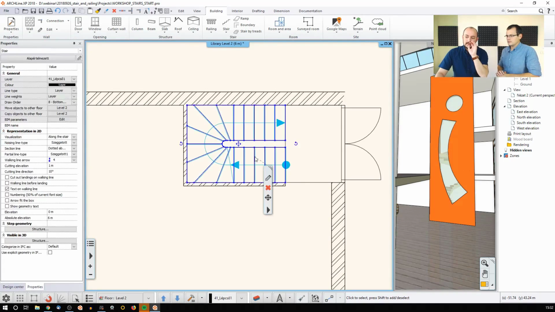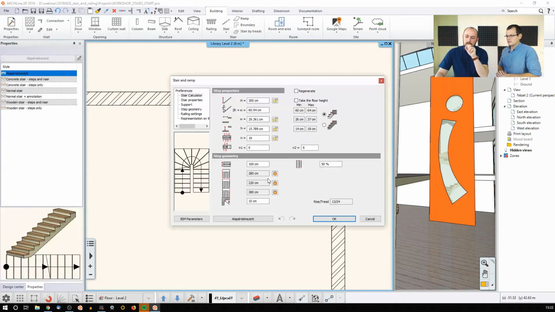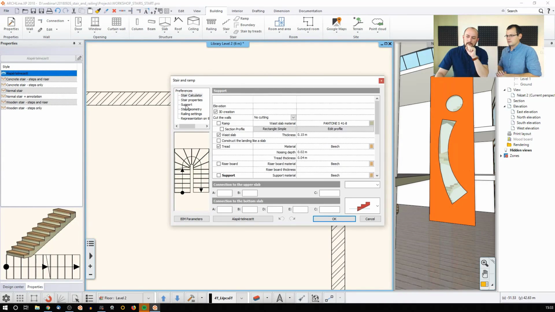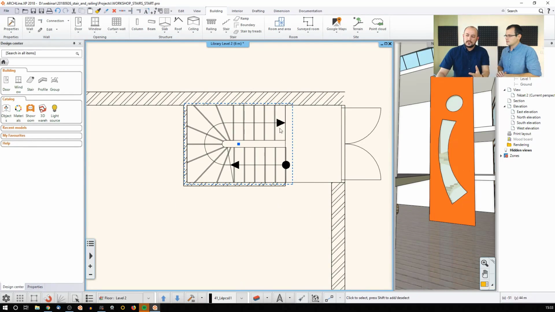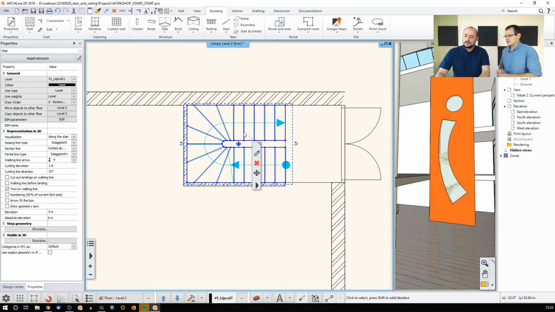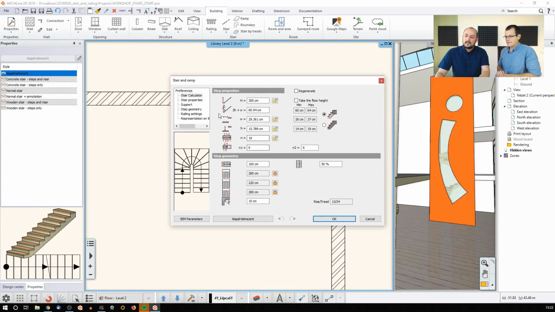You can just select this staircase, go to the properties, go to the support where we just turned these settings later, and then here you can tell the software that this should not be represented in 3D at all. So this should still behave as a staircase, because I would like to change the 2D shape. I don't want to see this section line. Yes, I would like to represent it somehow differently. So I go back, and then I go to the